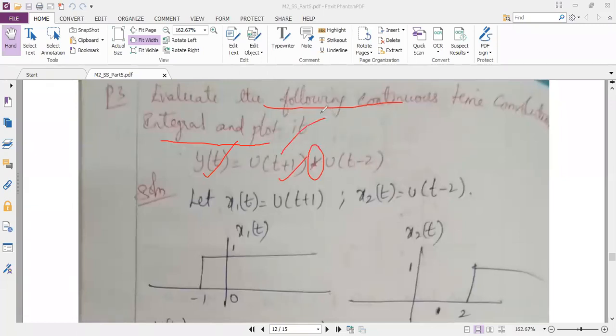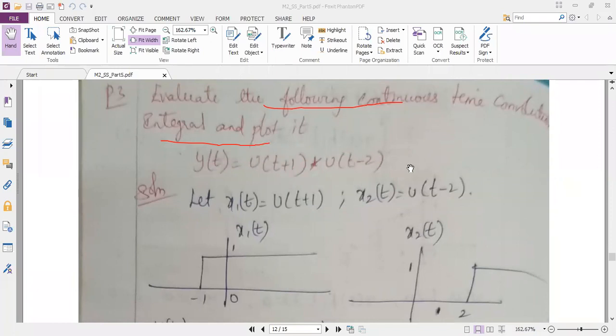So in this question, they have not given x of t separately, h of t separately. So we ourselves should take the first term as x, second term as h. But always, if they do not give x and h separately in the question, we try to take x1 and x2. So if you take h instead of x2, it doesn't matter. Okay. So the given question you can assign to x1 and x2 respectively. And you know how to plot x1 and how to plot x2 as per the expression.